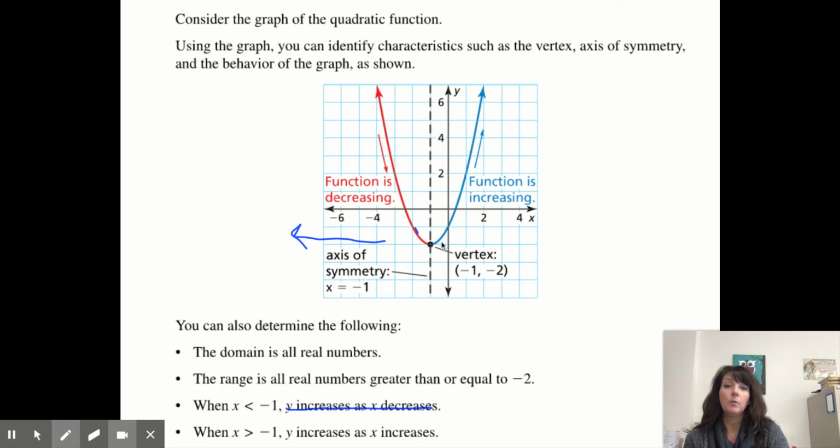And then for when x is greater than -1, as x is increasing, y is also increasing. So for that matter, I like to always describe it like this. If I said that when x is less than -1, I would put as x increases,